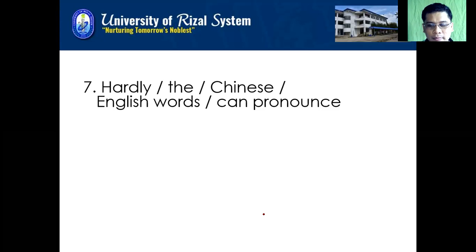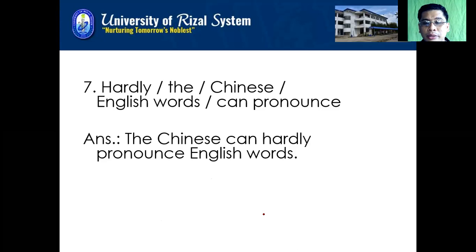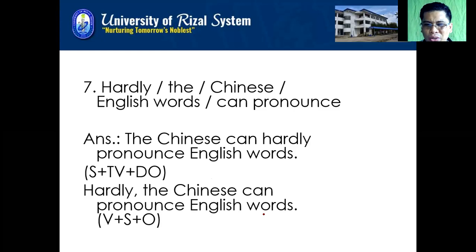Next, the Chinese can hardly pronounce English words. So it is STVDO kasi we put the adverb hardly in between the auxiliary can and the main verb pronounce. So that makes it STVDO. You can also consider this one: hardly the Chinese can pronounce English words. So we place hardly at the beginning of the sentence. Hardly the Chinese can pronounce the English words. So it makes VSO